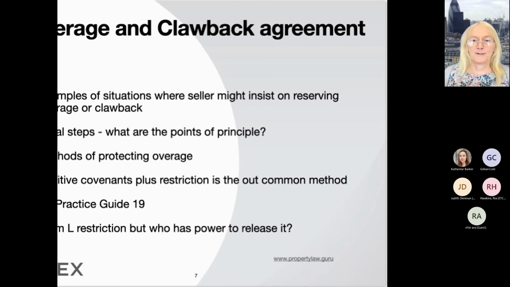If it was a multiple bite of the cherry, and I can't think of a better phrase than that, then each time there's a change or a trigger event, there's a recalculation of whether more money is payable.